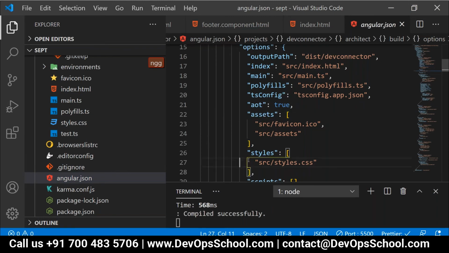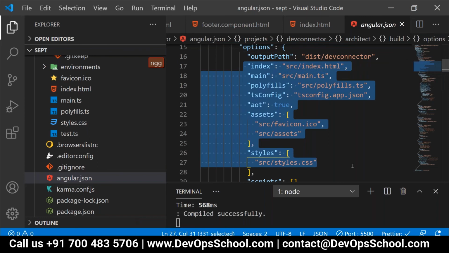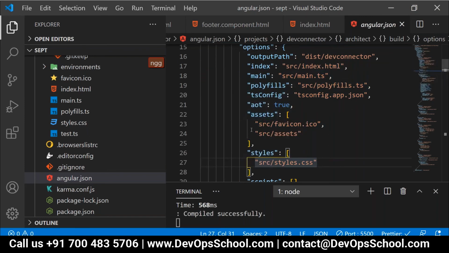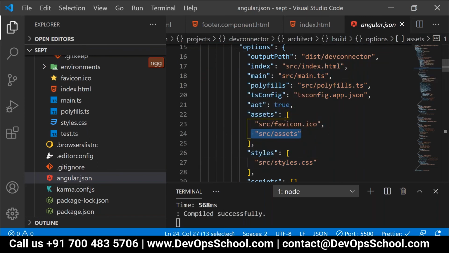People, have a look over here. Did you get the integration? And if you look into this index.html, this styles.css file is not included, right? Now where is it integrated? Second thing, the src assets folder is also integrated, right?